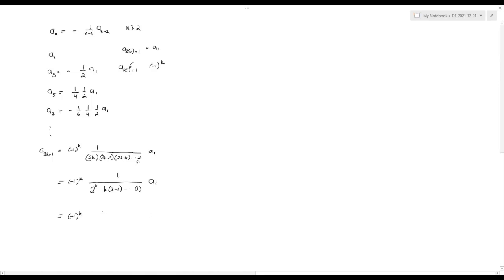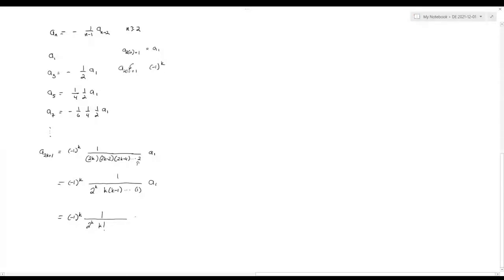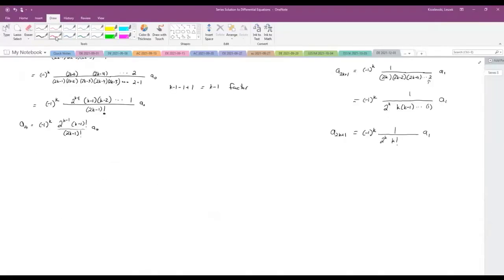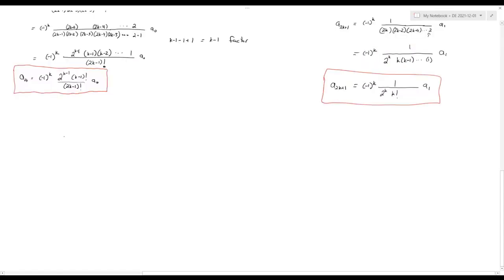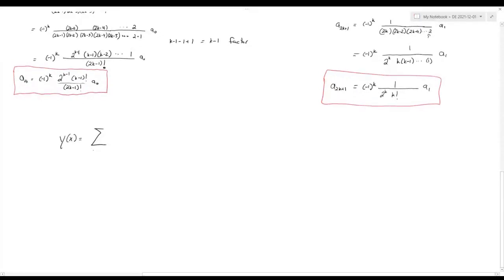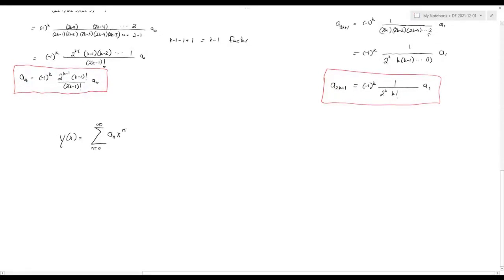So now we can finally write this as 2 to the k in the denominator times k factorial a1. Right, so now we have a formula for the even index terms and a formula for the odd index terms. So we accounted for everything. All right, so now we said that our solution, y as a function of x, was this series, but we